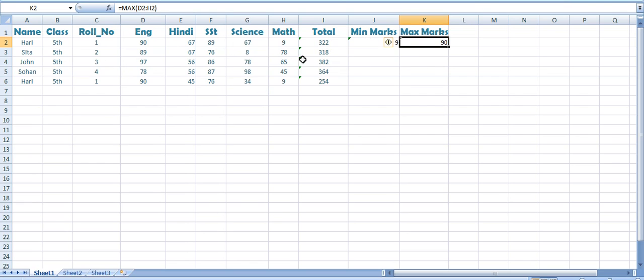So this is your homework. You have to create a sheet like this and do all these things whatever I have done in today's class, and you have to find the minimum number and maximum number. Similarly, you can find the count, meaning how many subjects there are, or you can also find the average. You have to implement all these things at your side, and let me know in tomorrow's doubt class if you are having any kind of difficulty throughout this class.